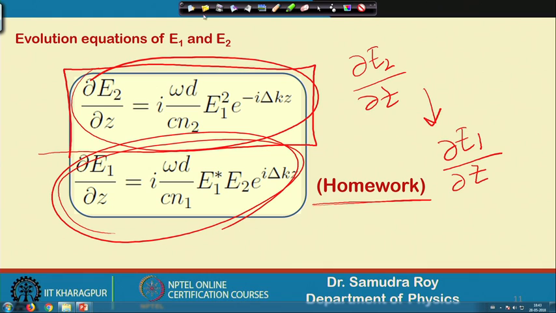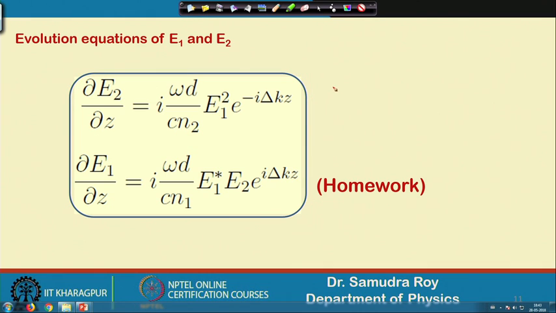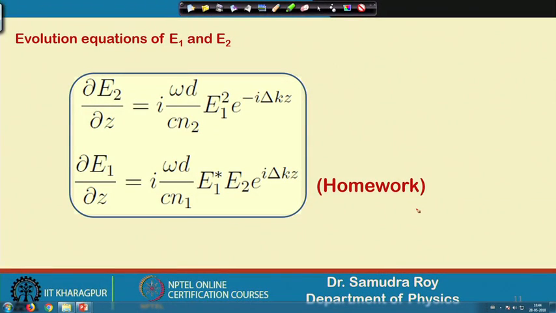In order to find out this equation, remember you need to use the nonlinear Maxwell's equation, which is grad square, but you need to use E omega, because you are trying to evolve the expression for E 1. I believe all of you can do this homework very easily. I am not going to extend this class further, because we do not have that much time. So, in the next class we are going to use this expression and try to find out some kind of solution, which is very important.